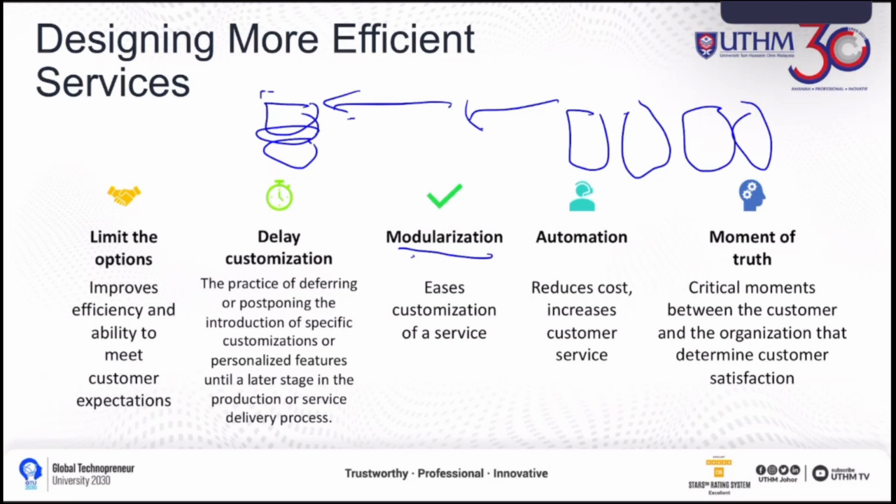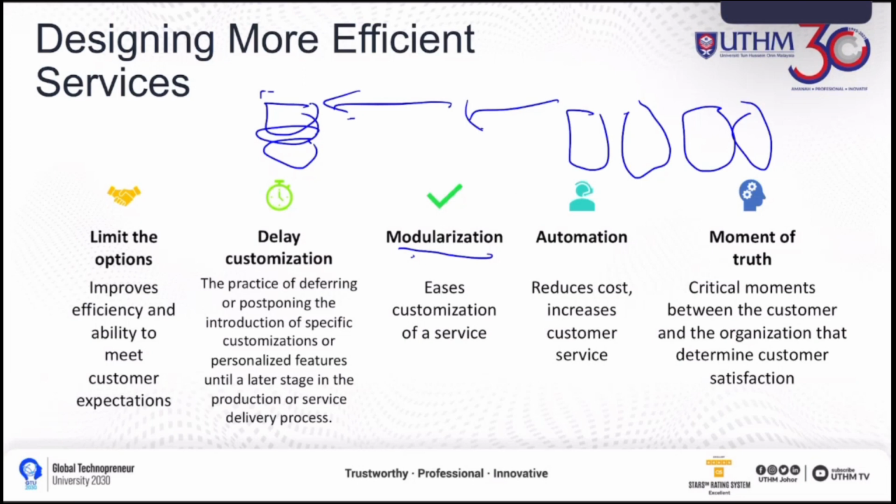So how can you do the strategy? Okay, you already know the critical moment. So you actually need to train your staff to excel at this moment of truth. For example, welcoming guests. You need to make sure the staff have a prompt and friendly greeting.